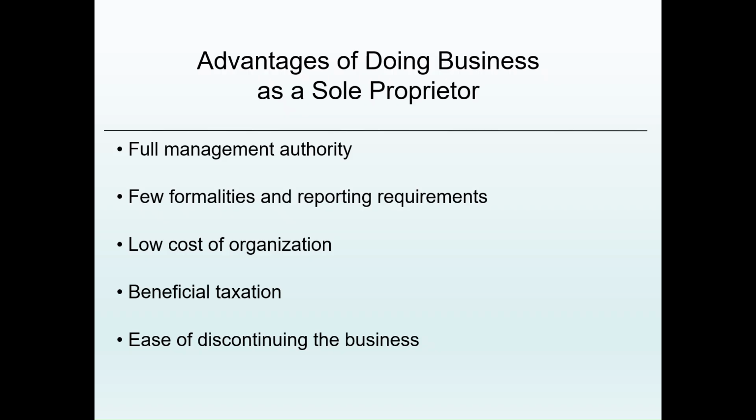The advantages include doing business as a sole proprietorship. It is the simplest and most common form of business in the United States, including businesses that you would think would need the protections that we're going to learn about in the other types of businesses that we're going to cover in future lectures. They're the smallest and the most common form of business in the United States.